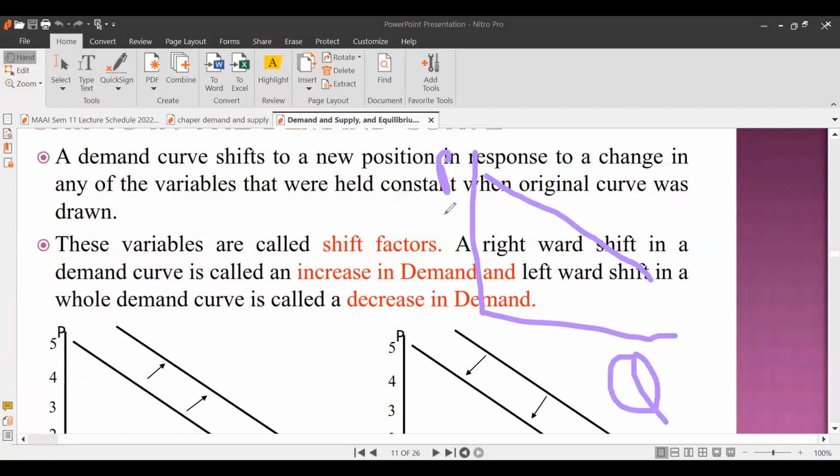So then if there's a reduction of price, a price reduction of butter,